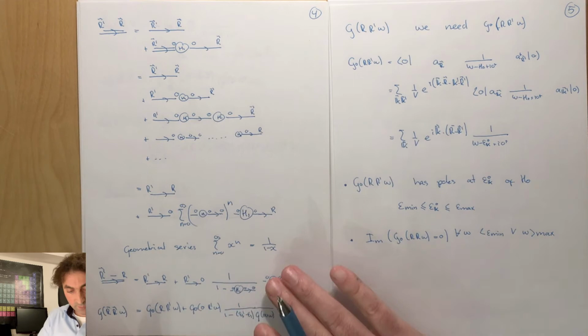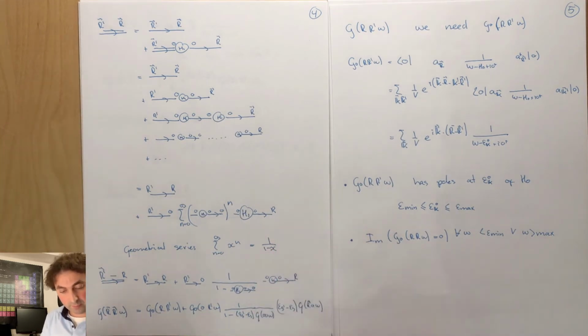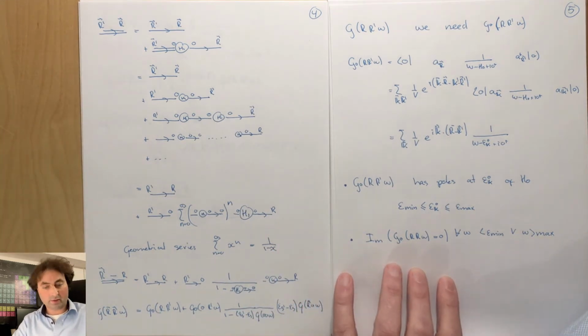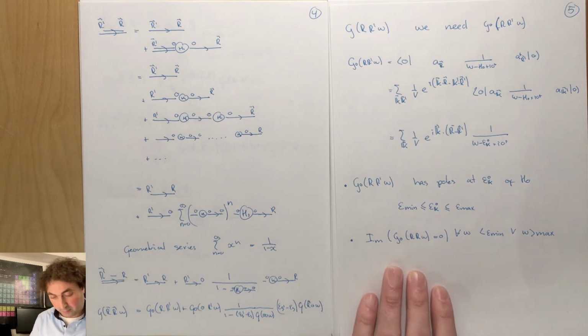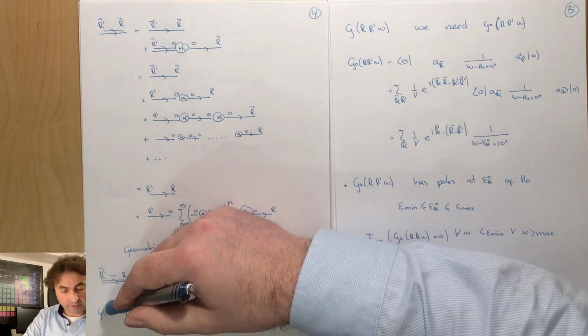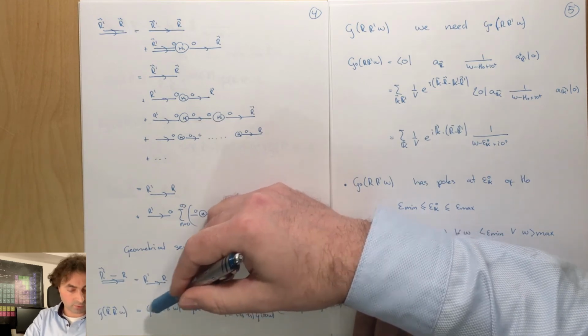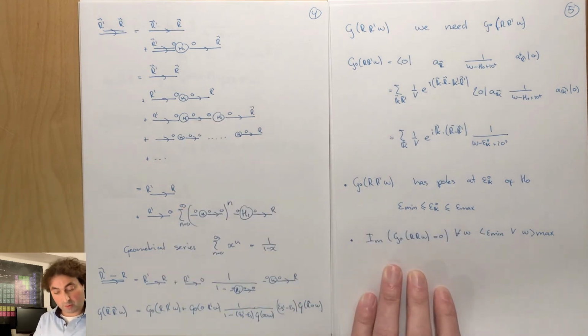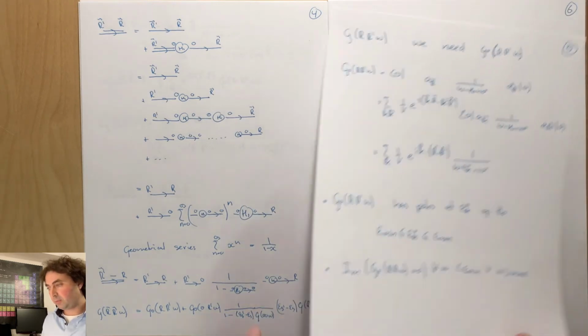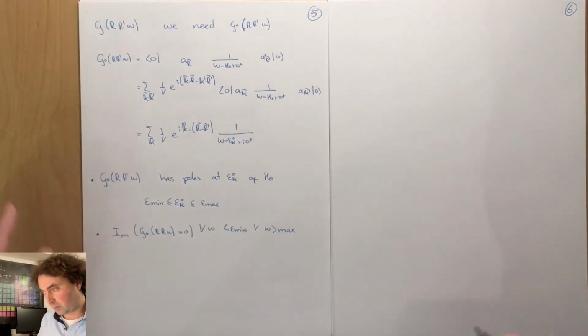The poles in our full Green's function relate to the eigenenergies of our Hamiltonian. And the poles in our full Green's function are given by the poles in our bare Green's function, because if this Green's function has a pole, our full Green's function will have a pole. And therefore we find that the poles of